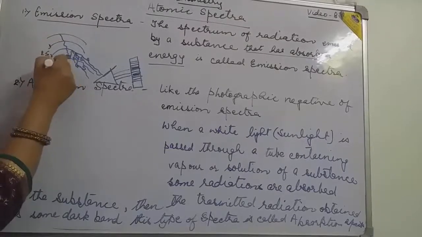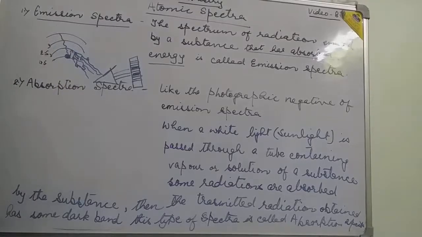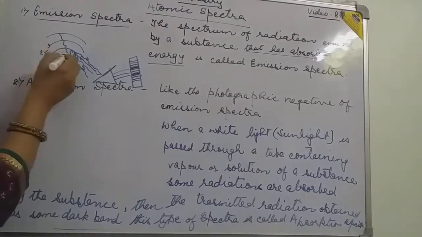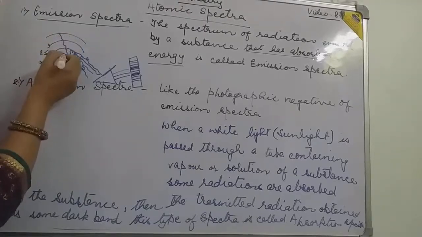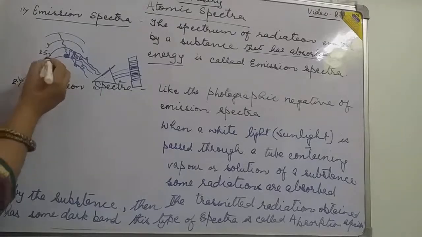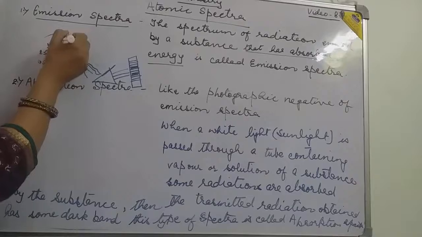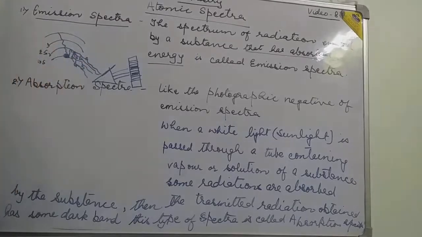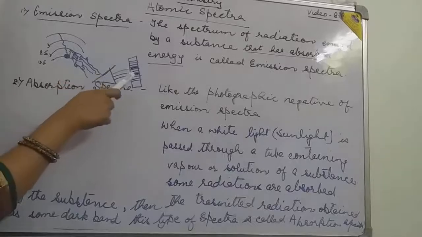If it is hydrogen and the ground state is the first orbit, it jumps from the first orbit to the second or third, or from 1 to 3, whatever. But when it moves from the excited state to the ground state, it radiates energy, and the spectra